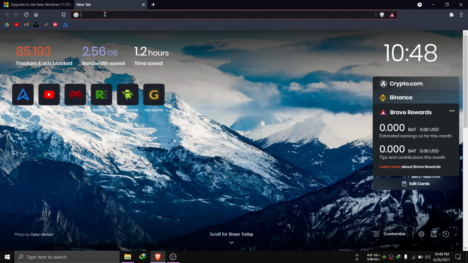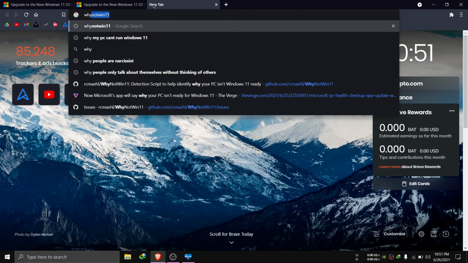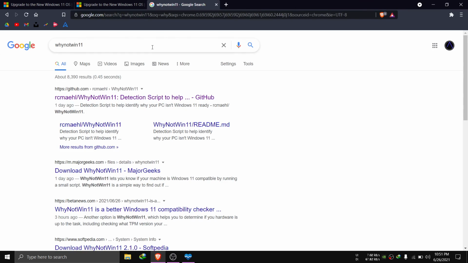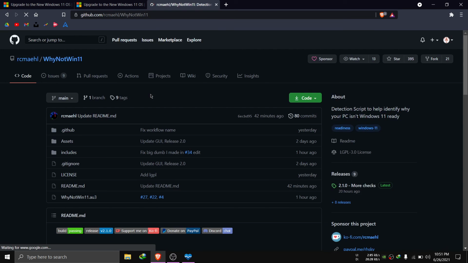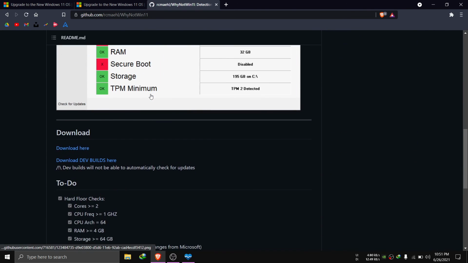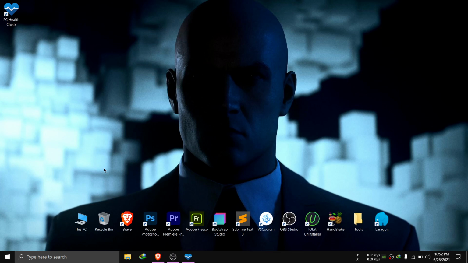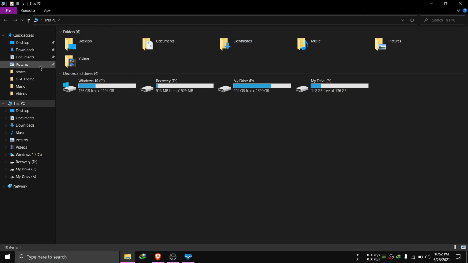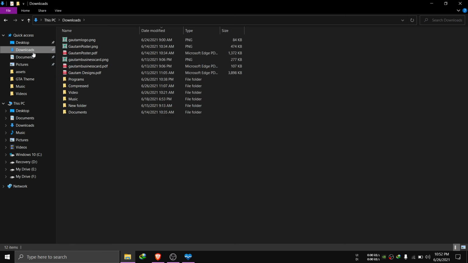So again, head to the browser, search for why not Win 11, and click the first GitHub link. I will put the link in description, and scroll down, you will see the download option. Just download it, and you don't need to install it. Just download the app, open the location where you have downloaded it,